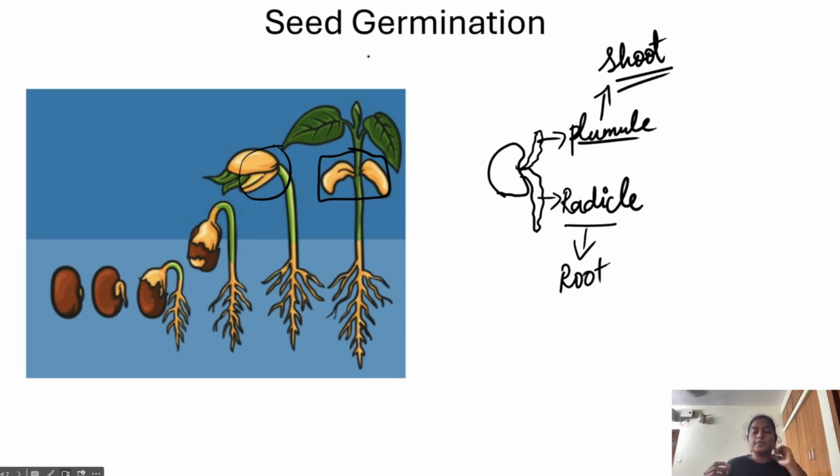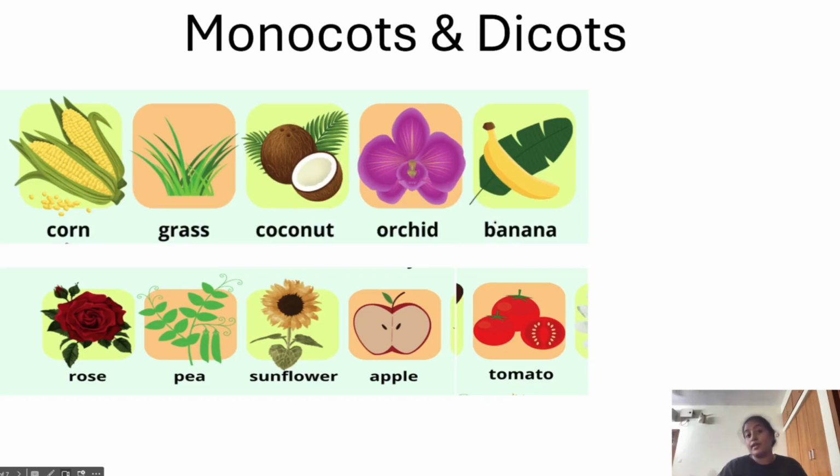Okay. Say suppose, I'll give you the examples. Say suppose you're planting a dicot seed inside. It will start germinating, no? When it germinates, the radicle comes, the plumule comes, and it will come out of the soil, right? When it comes out, the first leaf-like structure which comes, that is called the cotyledon. I can say cotyledon is nothing but embryonic leaves. Or I can say they are the first leaves which will come out. Okay? Let me show you the example so that you can understand it better. Monocots will have just a single cotyledon. Dicots will have two cotyledons.